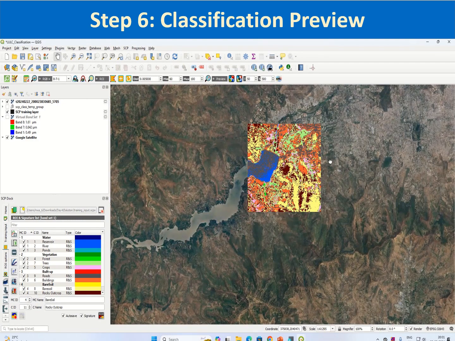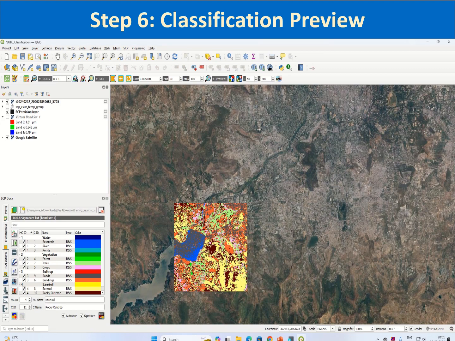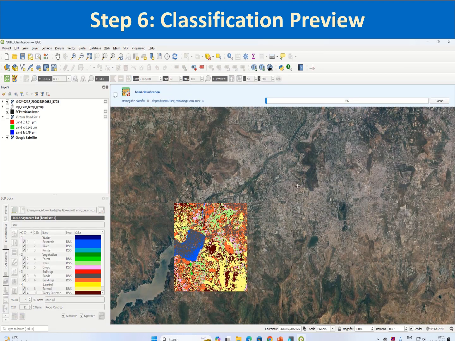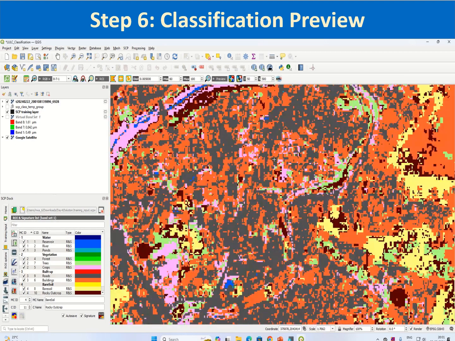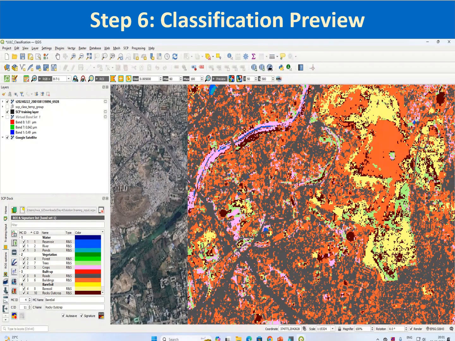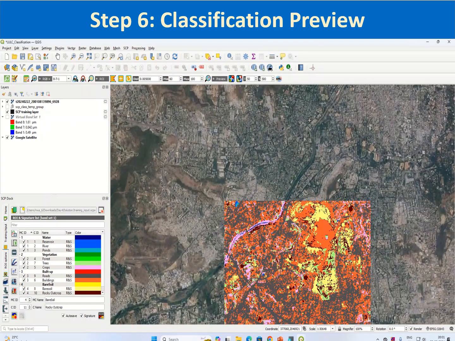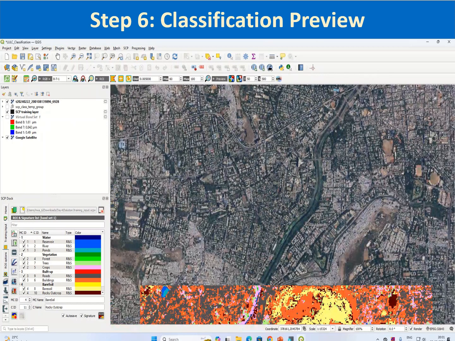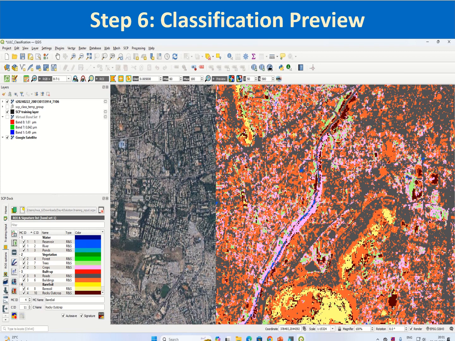Let us check at some other location. You can check the classification preview here. The roads are being represented pretty well. The greenery along the canal has been represented as cropland. Let me click somewhere here. So you can see,